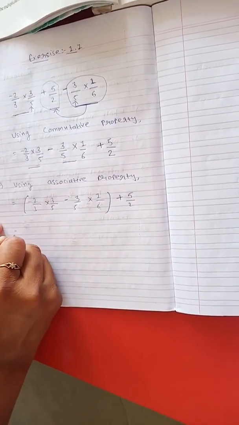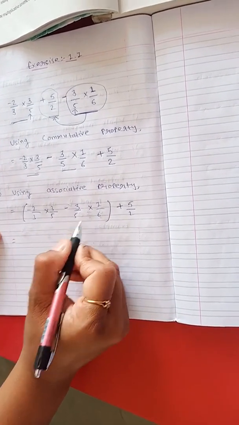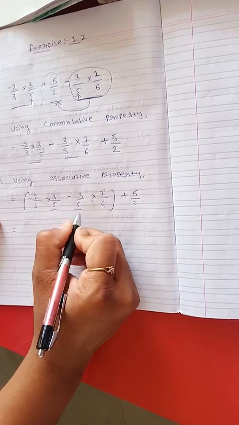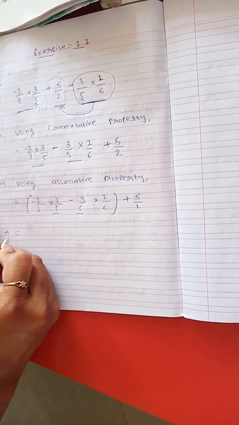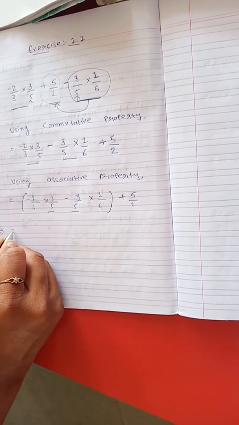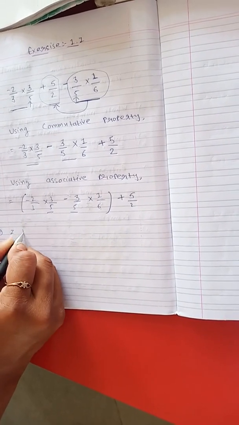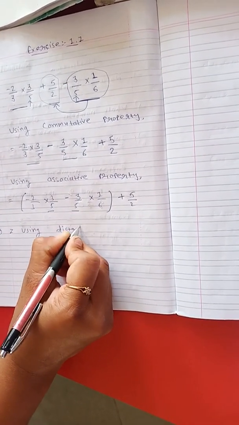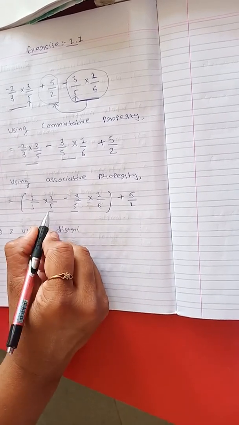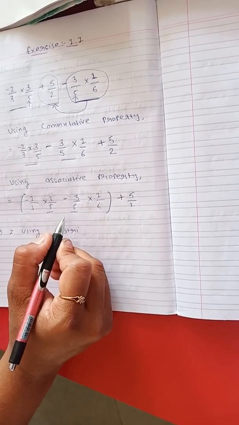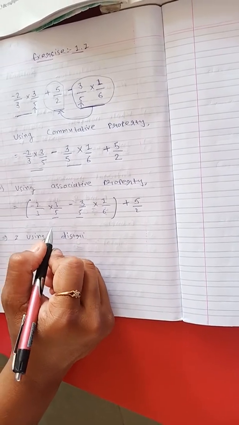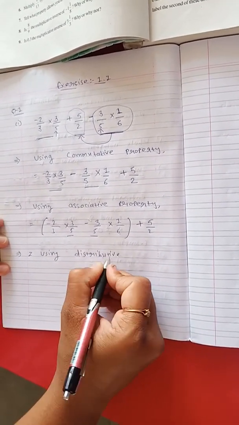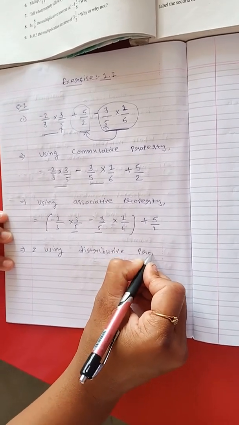It says it is. Now in both the terms, a number is common. We know that 3 upon 5 and 3 upon 5 is common. So now again we have to use a property. Which property do we have to use? Using the distributive property. Distributive means whenever some number is common, we keep it outside the bracket and write the remaining as it is. So using the distributive property,